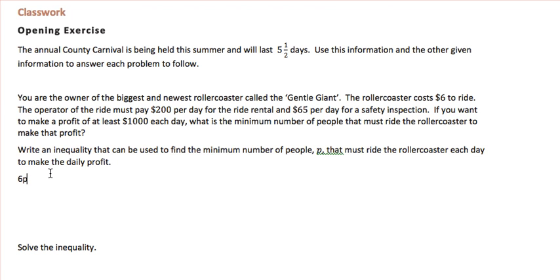It's going to need to be greater than $200 per day for the ride rental, plus $65 per day for the safety inspection, and you want to make a profit